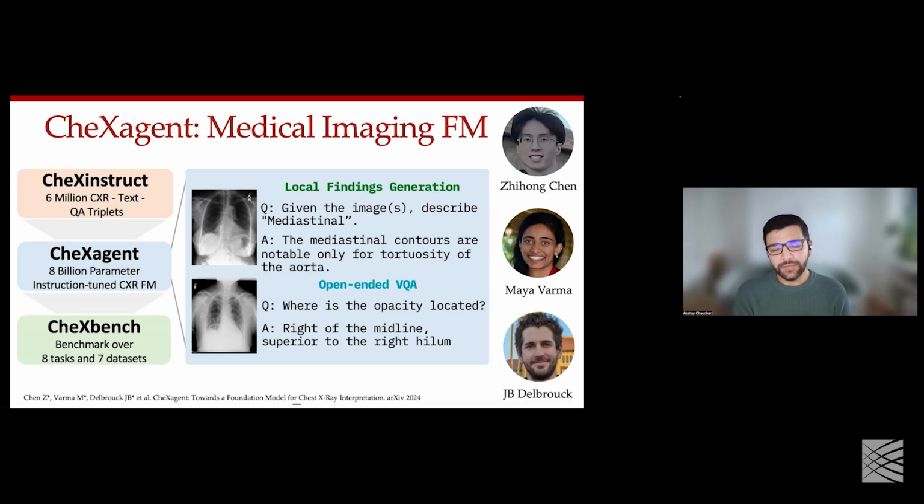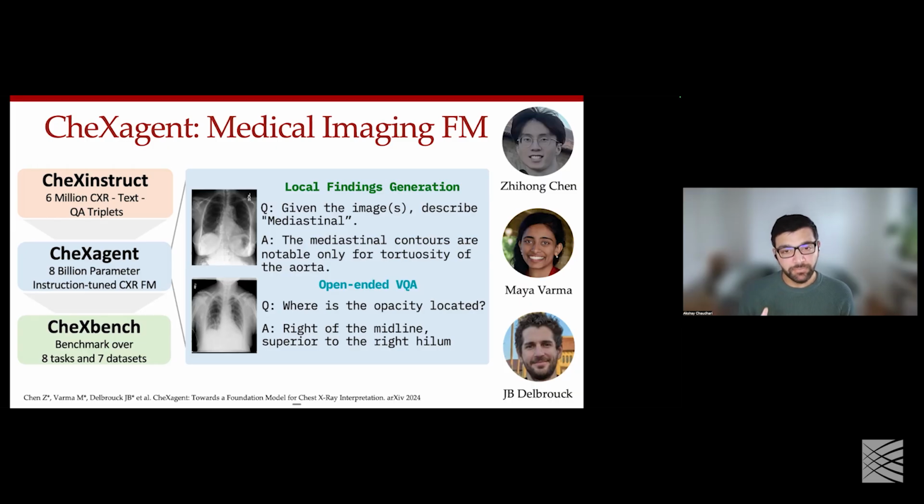I wanted to mainly focus on one set of tasks that we evaluated, which is taking a medical image and then generating the entire radiology report that a radiologist would be writing of that image in the first place. I think there's a huge shortage of radiologists in the world. Imaging volumes are increasing quite a bit. So if we can potentially use these tools as a co-pilot for radiologists, maybe there's value to be had in improving efficiency as well as accuracy in light of the growing volumes. That was the question we wanted to address.